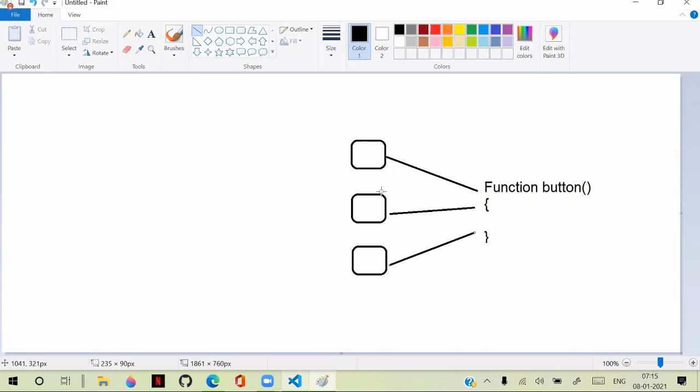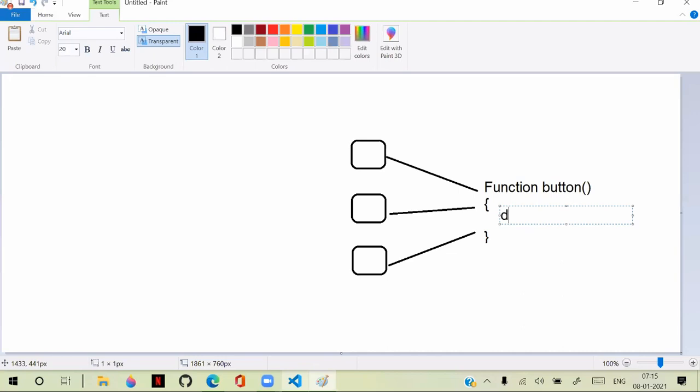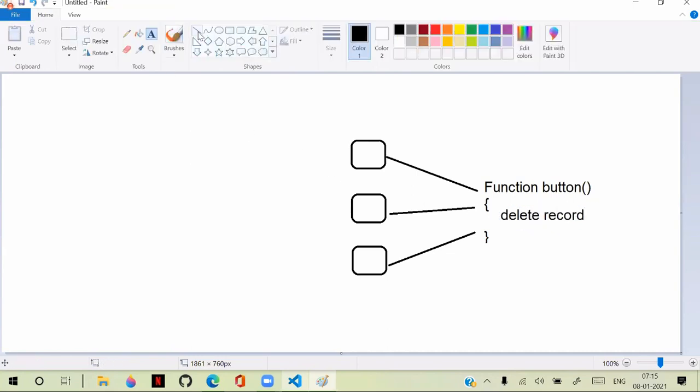Usually in this function, you will write the logic for deleting a record. Now, when I click delete for the first button,